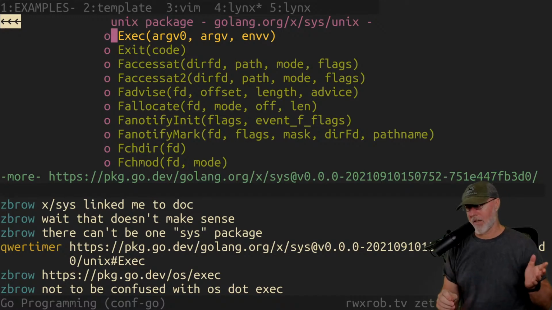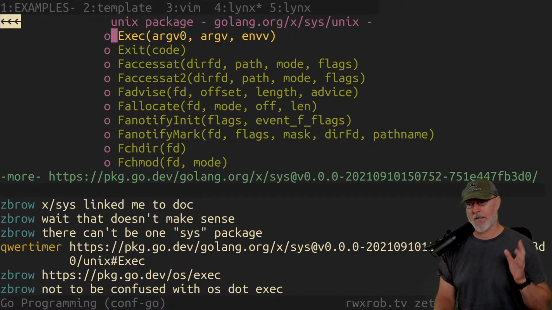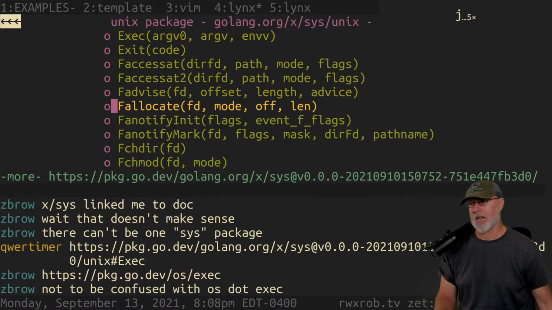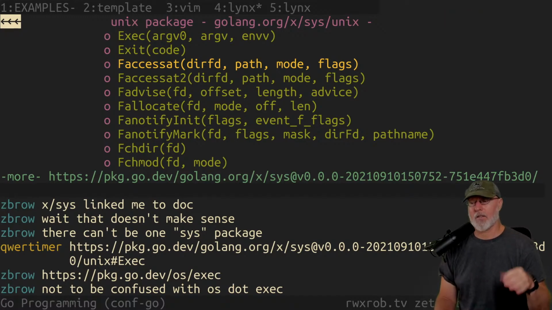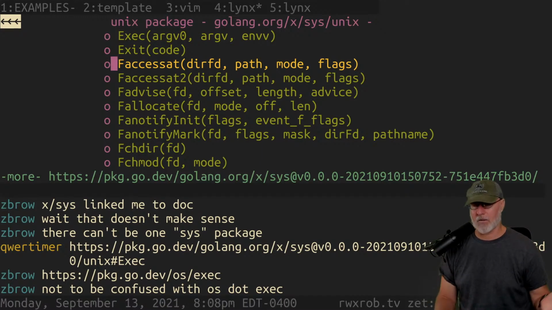It might be in what is it, Unique or Sync? But one of the ways to do that would be to go straight up and use the Unix package. These are all the Unix system calls. By the way, if you want to learn the Unix system calls, I'm glad we found this. This is a really great way to read about the Unix system calls themselves, which are displayed anytime you do an strace or you're doing symbolic debugging against a core dump or something.